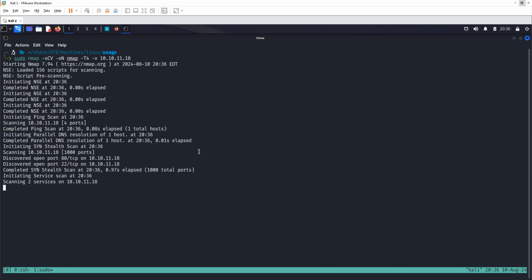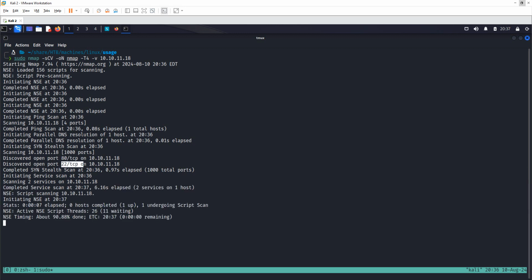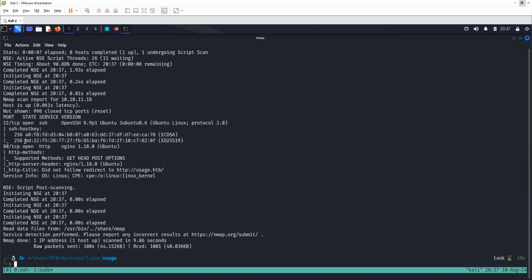All right, so let's see. We are already seeing ports here. We have port 80 and port 22. Port 22 is OpenSSH, and port 80 is HTTP running Nginx on Ubuntu. All right, so let's see what we have here. We have these methods, and then it says did not follow redirect to, so it's trying to redirect us to this particular